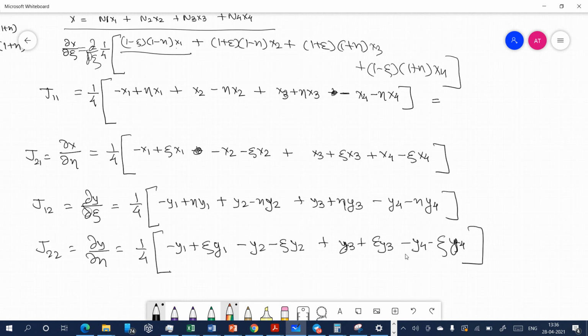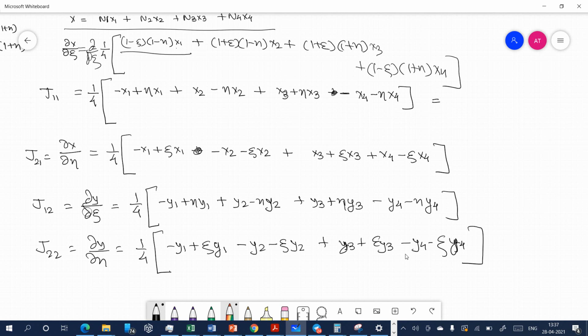Okay, so we know the values of x1, x2, x3, x4, and zeta eta we have to put, and this will go in the limits when we do the integration. This will go in the limits when we do the integration from -1 to +1. So we cannot actually really solve it here. So let us keep J11, J21, J12, J22 like this, right? Let us keep it like this, and J matrix is,